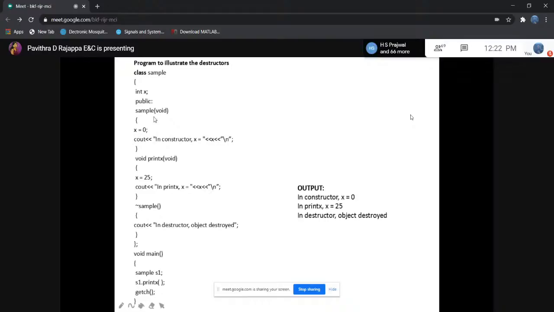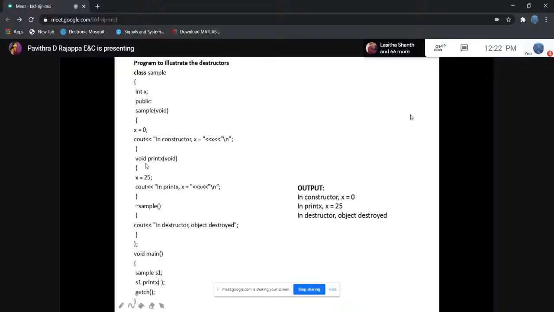This is a special member function, which is nothing but the constructor, because the name of the class is the same as the name of the member function. It is a constructor because it initializes the values of the variables.